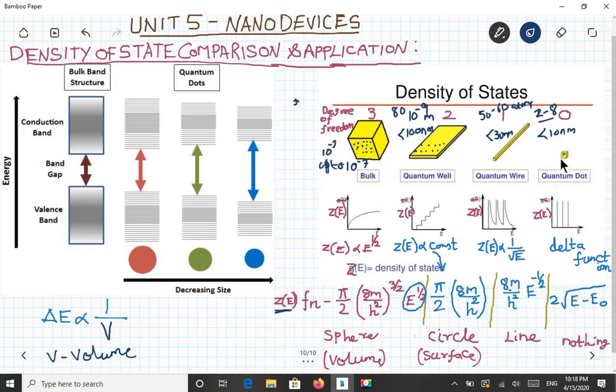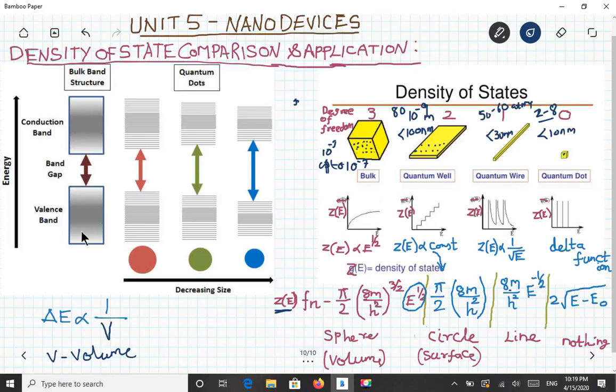That's why we are seeing what is meant by quantum dot and how the energy will be. So this is also called quantum confinement. That is, the electron can be trapped in this quantum dot literally. So it cannot move randomly anywhere, as the degrees of freedom is 0. It only can be present in the given energy level. So this is also known as quantum confinement. Okay. So due to this reduction of size or dimension or the degrees of freedom, what is the application we can get? That's the next thing we are going to see.